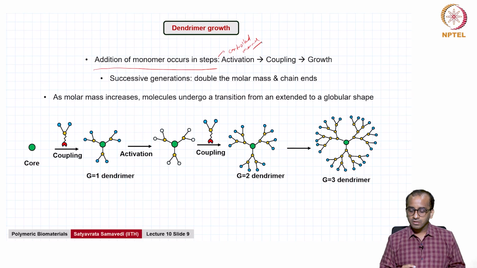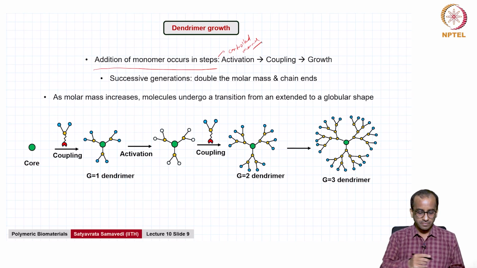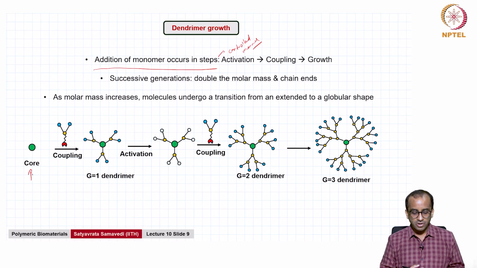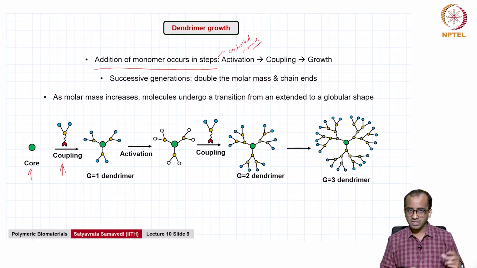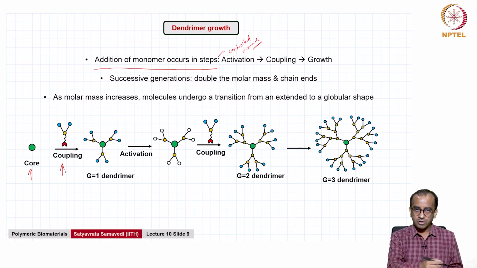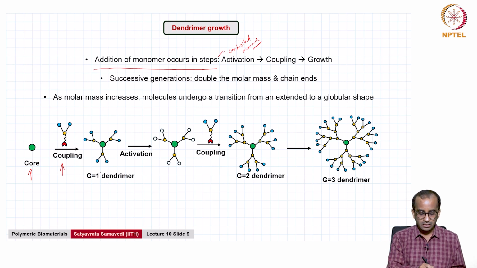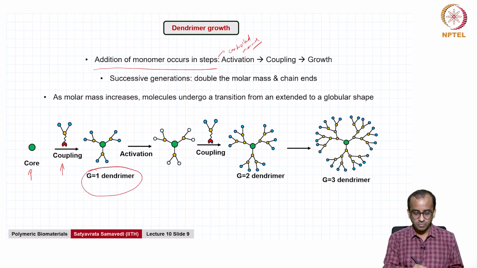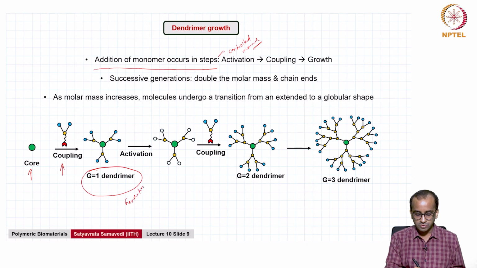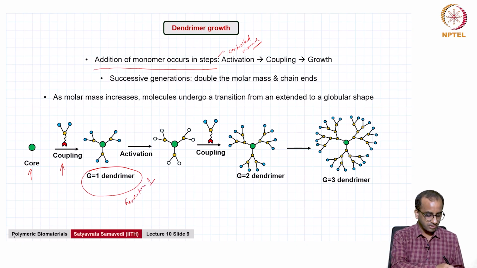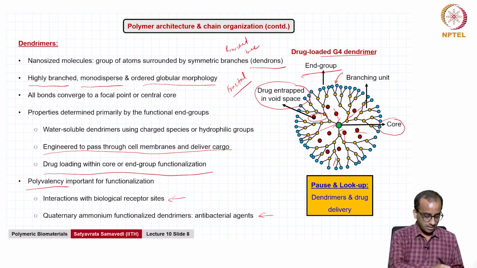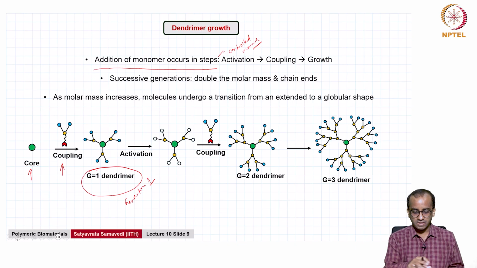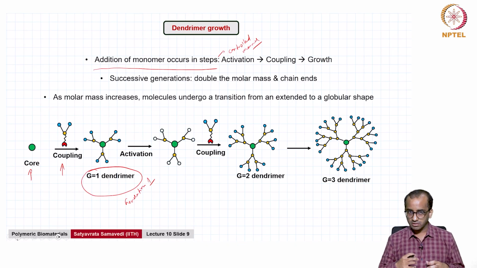So you have multiple steps there, where you have the central core, the core is functionalized and it is activated, and you are now coupling or attaching what we call the first set of branches, which results in what we call a G1 or a generation 1 dendrimer. The G simply refers to generation. In fact, if you see on the earlier slide, we have shown that this is a G4 dendrimer. So that results in the first set of branches being added on in a very controlled manner to the core,